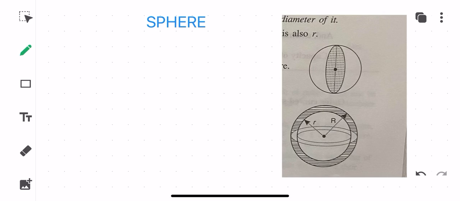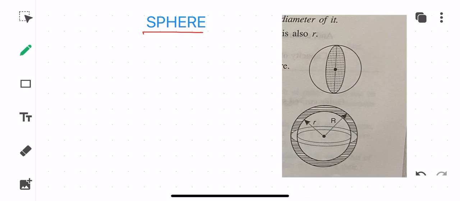So in the previous session we completed the concept of cone. First we did cylinder, then cone, and now we'll be continuing with the third topic, that is sphere. So in sphere, children, what do you have? There are two types of sphere. One, we are taking a complete solid sphere, and the second is a hollow sphere. And then the third thing in your textbook is the hemisphere. A hollow sphere, children, is actually called a spherical shell.